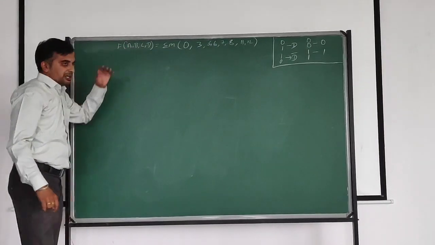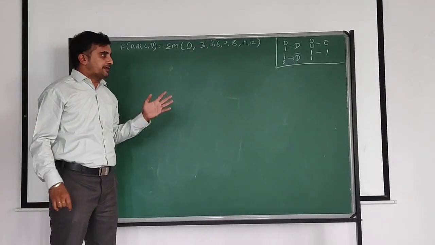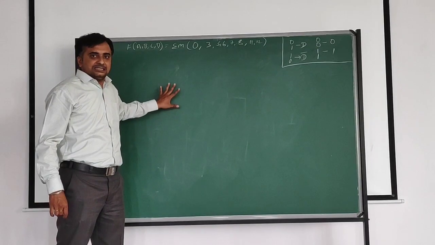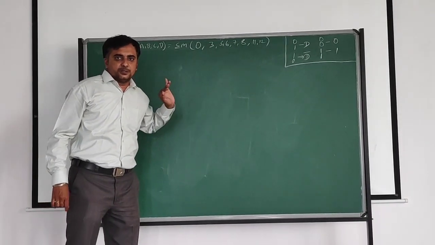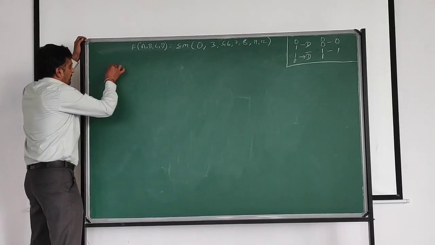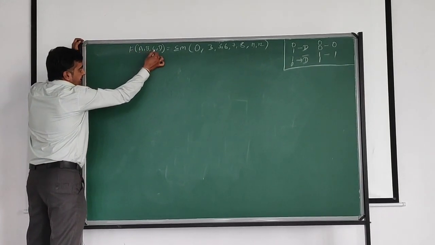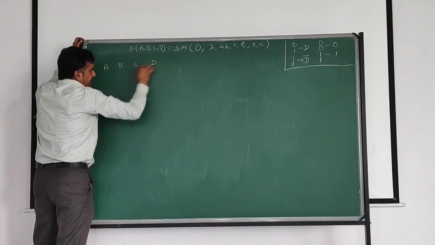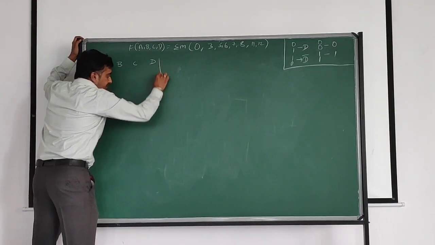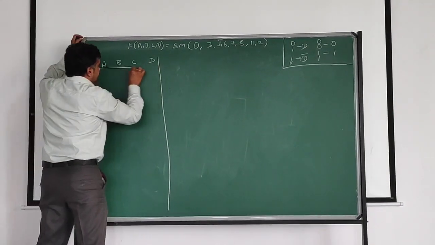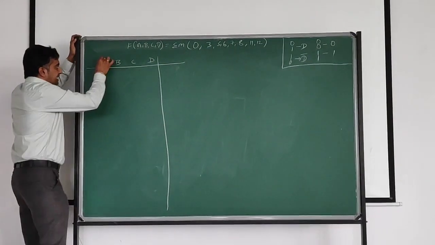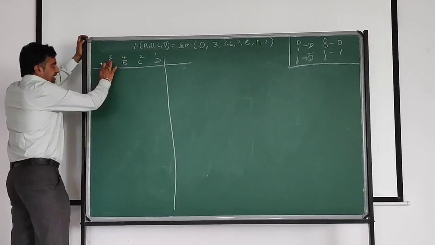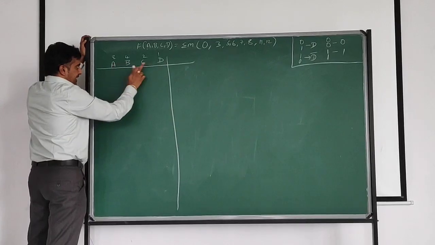Now we'll start the problem of how to design an 8:1 multiplexer, and this is a very important question from the examination point of view. Surely it appears for 8 to 10 marks in the examination. There are 4 inputs, A, B, C, D. Clear? Now write it in the 8, 4, 2, 1 method. So, A, B, C, D.